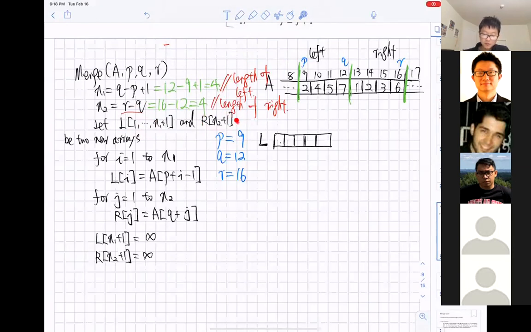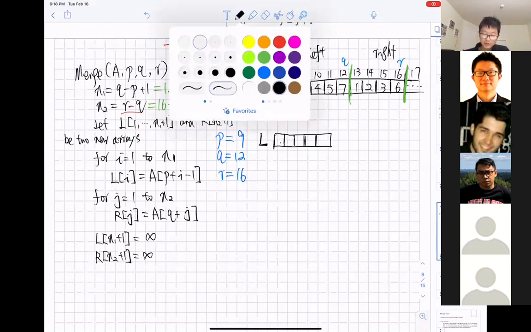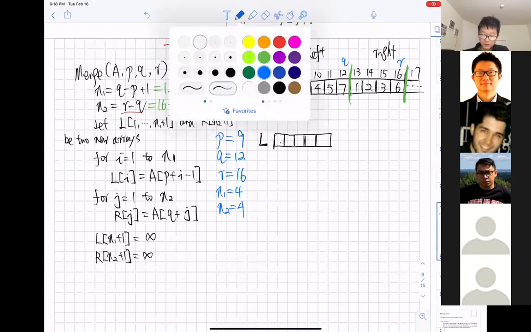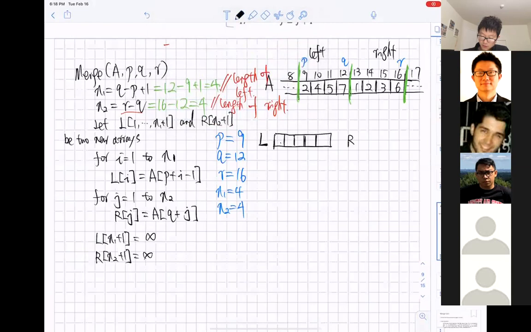How long is R? N2 plus 1. N2 is 4, I should have written the values of N1 and N2 down. Because N2 is also 4, the length of the array R should also be 5. So we get another array R whose length is 5. The indices of L and R start from 1 to 5.